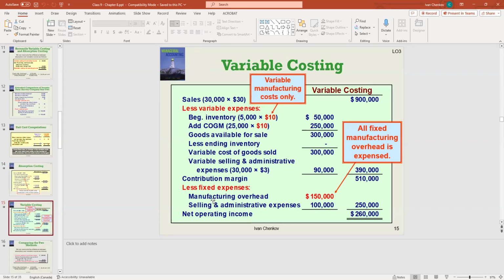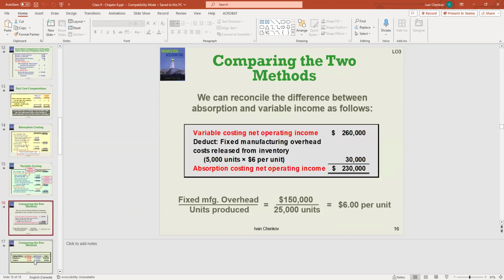Then our manufacturing overhead, $150,000, is going to come as a fixed cost. Same administrative expenses, again, fixed costs coming here. Contribution margin 510 minus those two fixed costs, 250, and we're generating a net operating income of $260,000, which is $30,000 more than absorption. If we have to do reconciliation, always start with the variable costing,